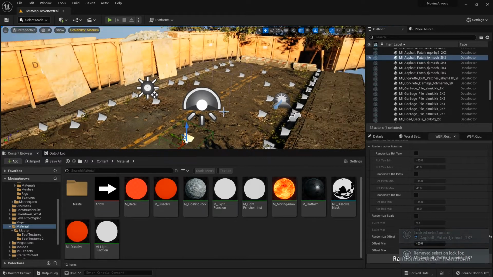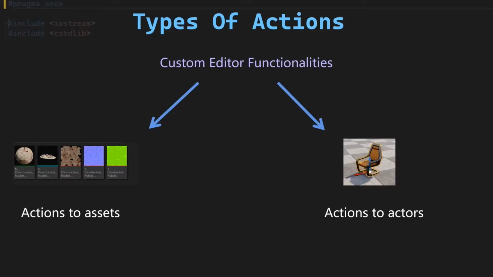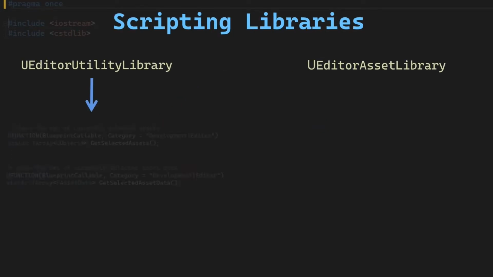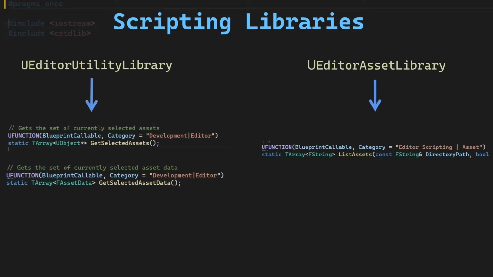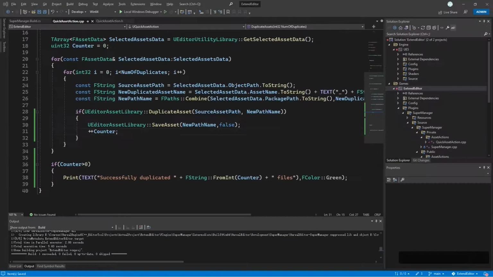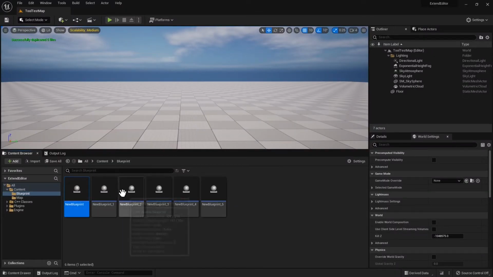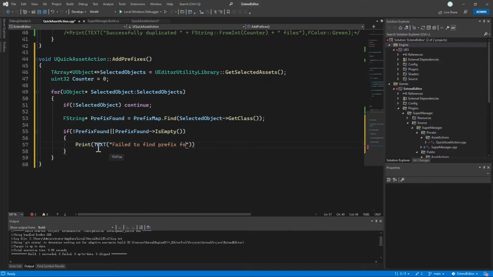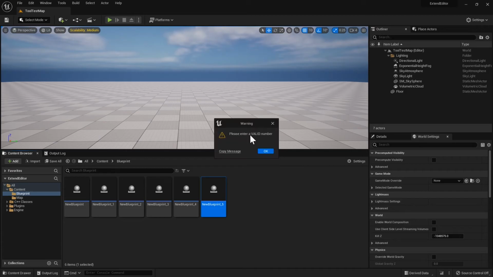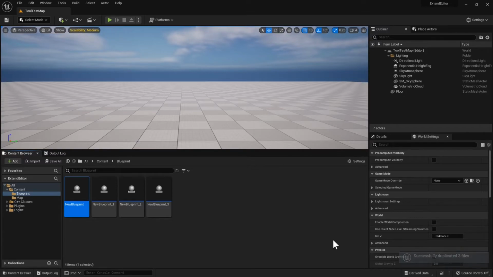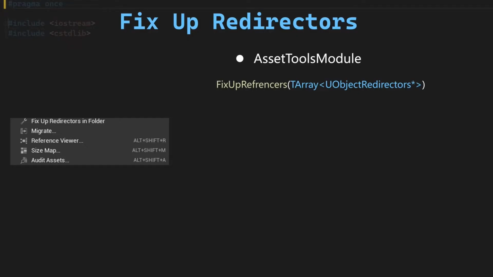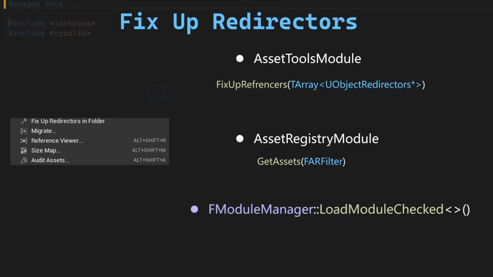In the first part of the course, we are focused on the actions to assets and start with exploring the existing scripting libraries like UEditor Asset Library and UEditor Utility Library in Unreal to help us achieve some basic quick asset actions. We're also going to cover how to create custom editor messages, how to load other modules to fix up redirectors from code in order to have a correct result for searching